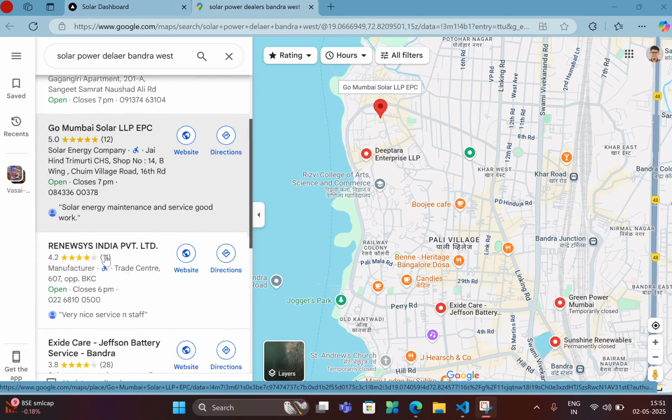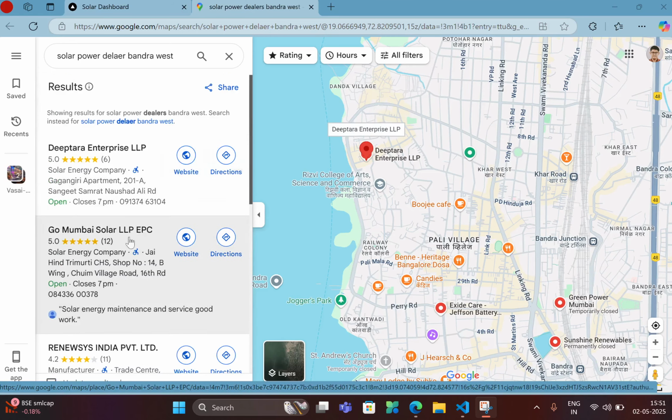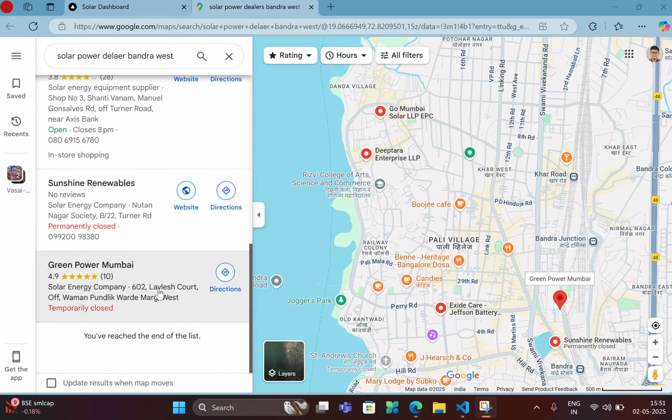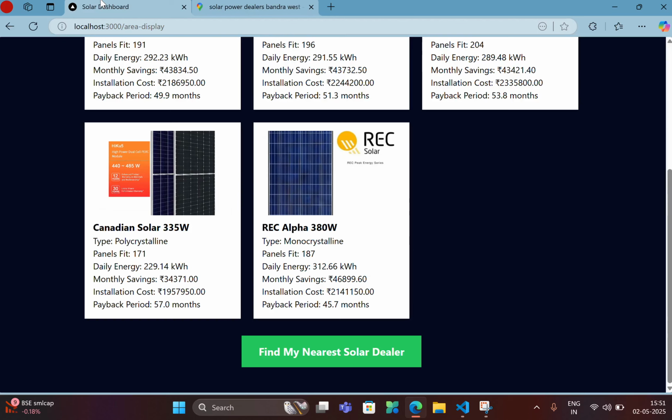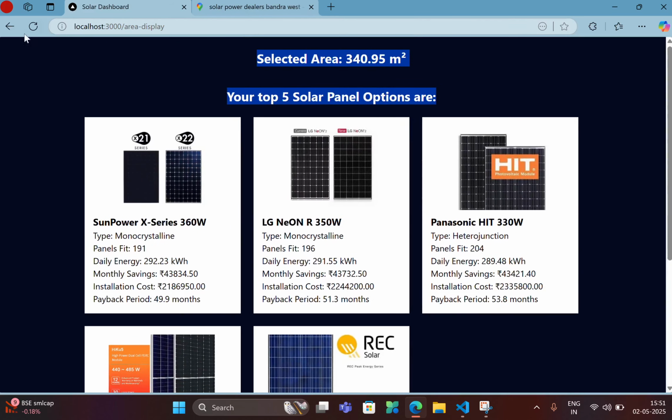these are the top solar dealers in Bandra West area. You could say we filtered this based on reviews. So consumer should have a better experience. I shouldn't just recommend any random solar dealer who is selling panels, right? So that's a use case. And next, going back,